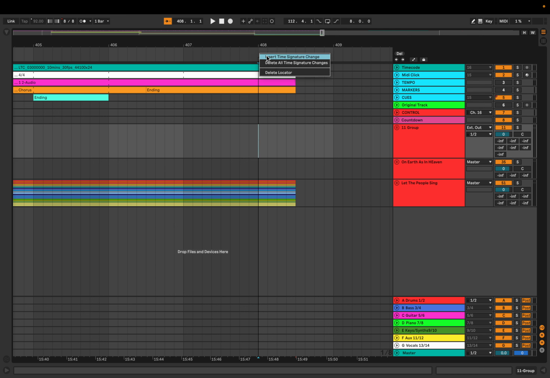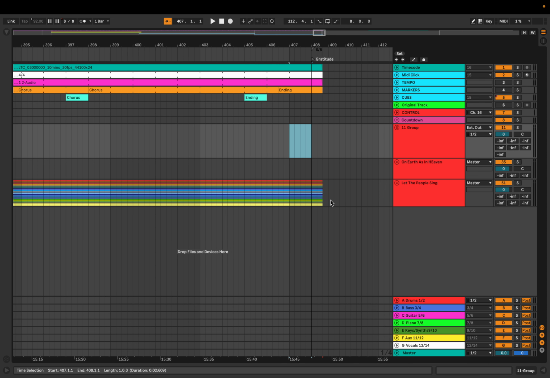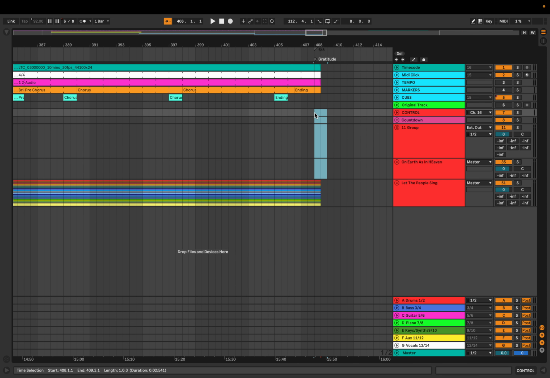Right-click. Insert a time signature change right there. And instead of 8/8, I'm going to say 6/8. So 6/8. That changes the grid over to a 6/8 grid instead of a 4/4 grid. You can see 1, 2, 3, 4, 5, 6 beats rather than the 8 in my doubled 4/4. So yeah, we have to change the grid because it's going to change the way the cues count, the click